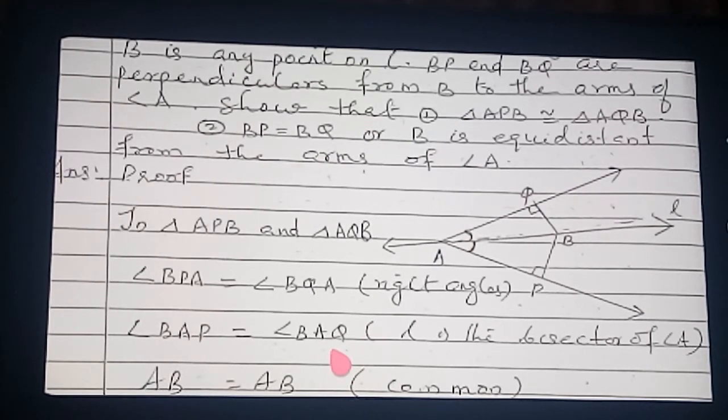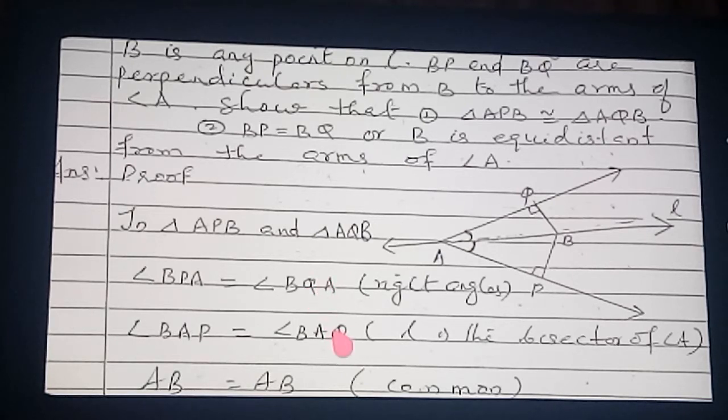Second point, angle BAP is equal to angle BAQ. I told you several times these words are already given in the question; you have to recollect it. So what about these two angles? BAP and BAQ are equal. Why? It is already given in the question that L is the bisector of the angle. Suppose this is 20, this is also 20. If it is 15, this is also 15. So it is understood, but we have to name them. I named them here.